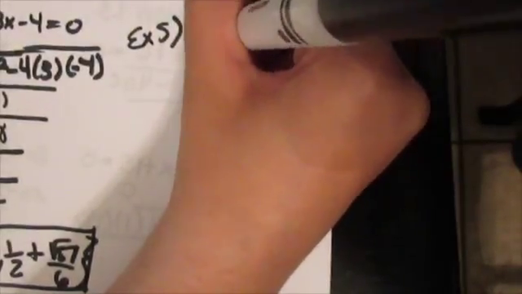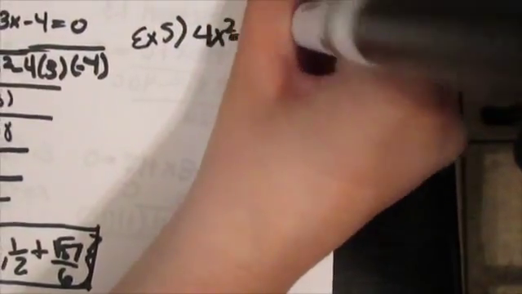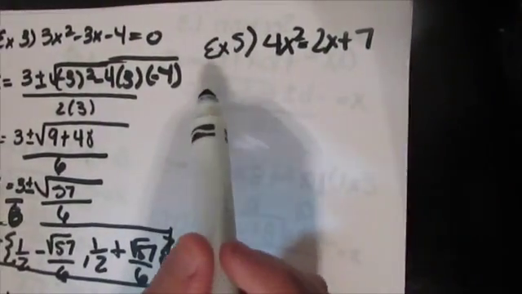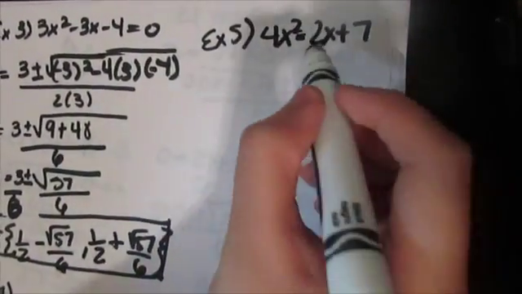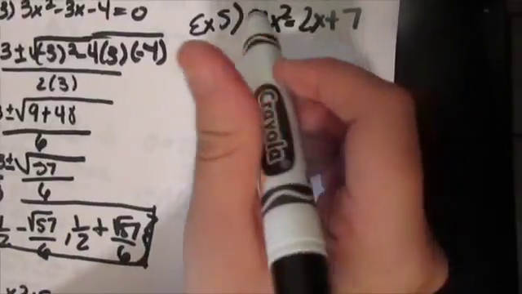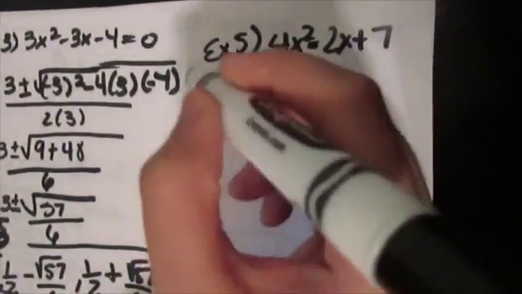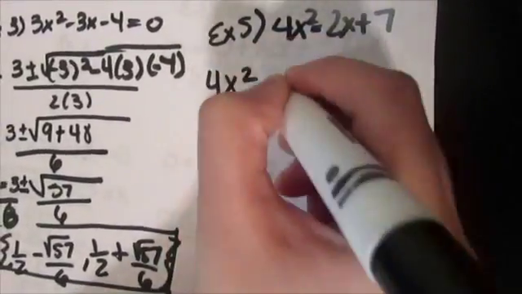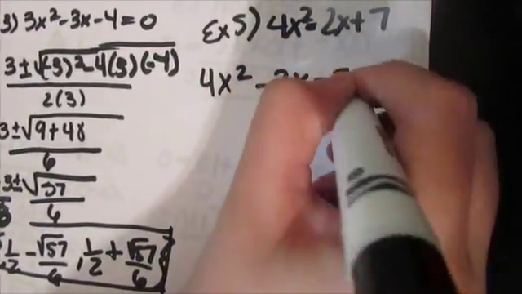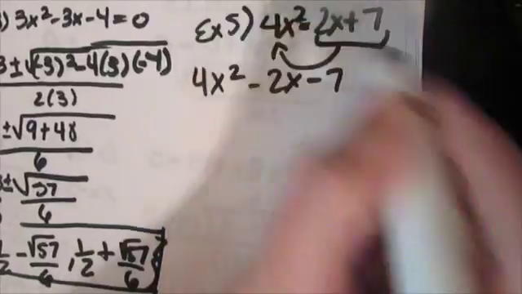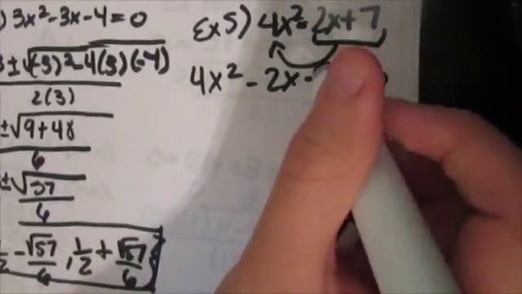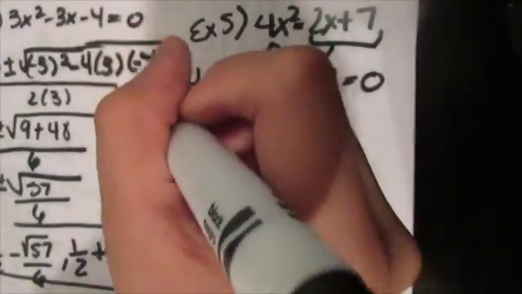Example number 5, 4x squared equals 2x plus 7. So here what you want to do is have it equal to 0. So try to prevent having a negative here. So it will be 4x squared minus 2x minus 7, because you transfer this to this side, equals 0. And it'll be